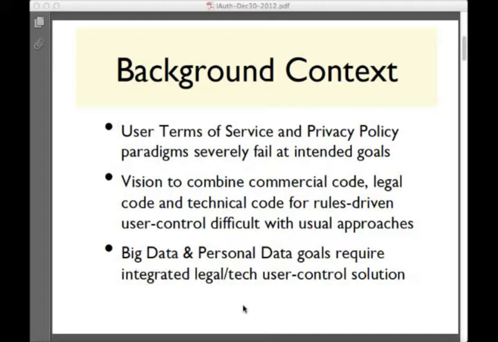By way of background, the user terms of service, which are so typical on websites and online services today, along with the privacy policies, clearly has not succeeded in achieving the intended goals of a not only enforceable agreement, but also one that is sufficiently efficient and reflective of the business deal between consumers and service providers. And it's frankly broken. Notice and consent has not worked, and new paradigms are needed.